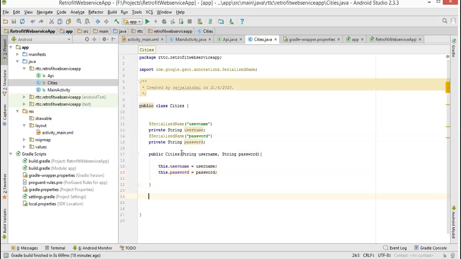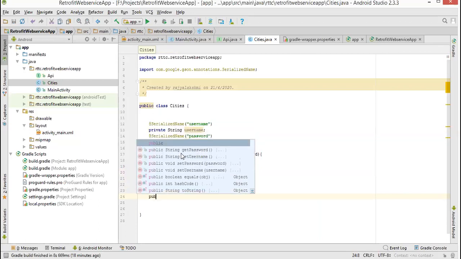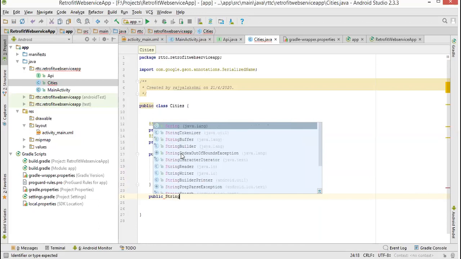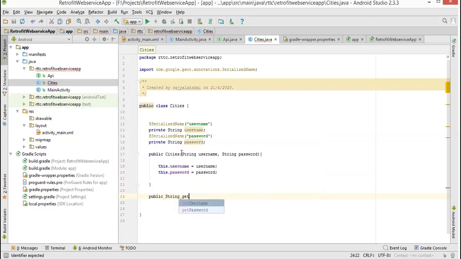And the next thing is, after writing the constructor, you can write the getter methods, because getter methods are required to get the data. Public String getUsername. What should it return? It should simply return username, with a semicolon. Again, same thing. Public